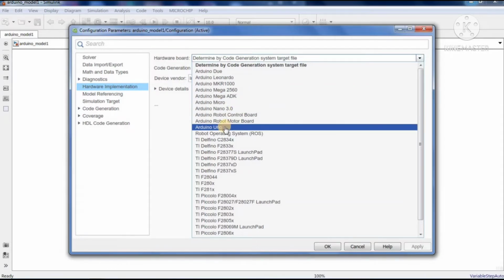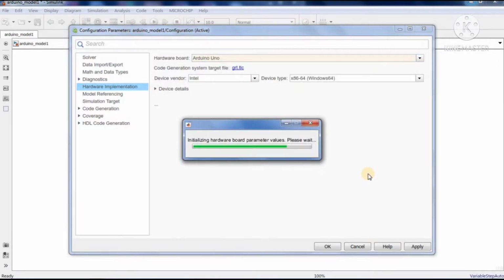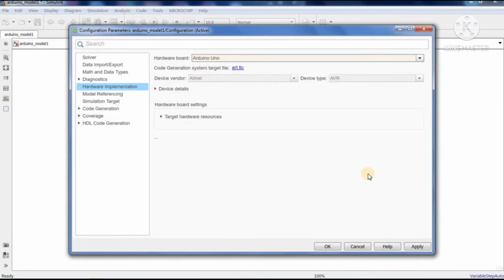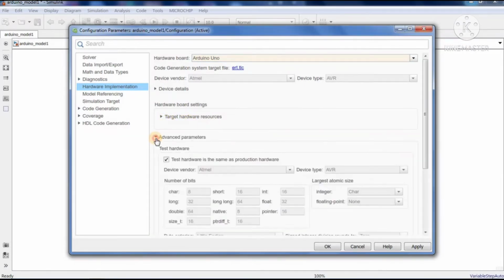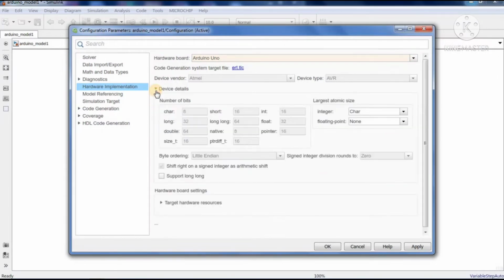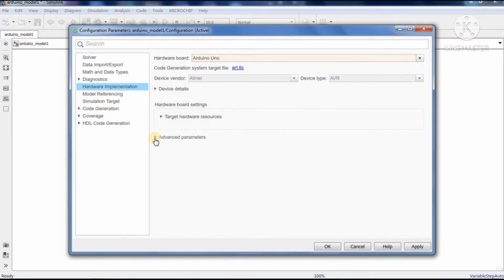Now I have the Arduino Uno board, so I'm selecting Arduino Uno. It will take some time. Then one more setting we have to do if required. I think it is not required, but it is best practice.